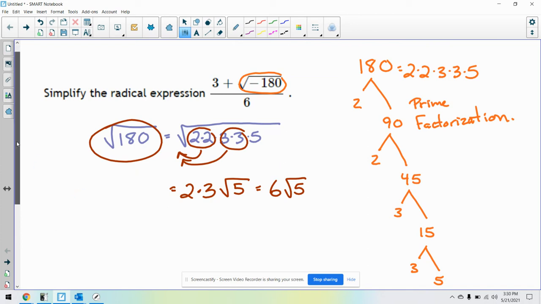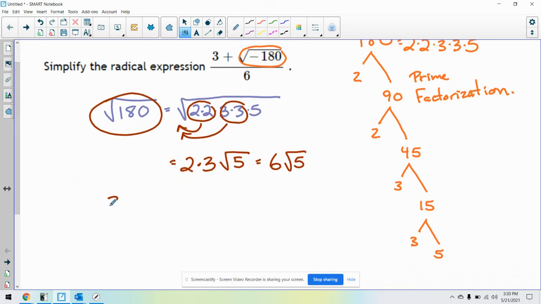So this whole thing can be written as 3 plus 6 root 5. Now we can look at the negative here. Whenever I have a negative in the square root, I just bring that out, and that becomes i. So this is going to be 3 plus 6i root 5